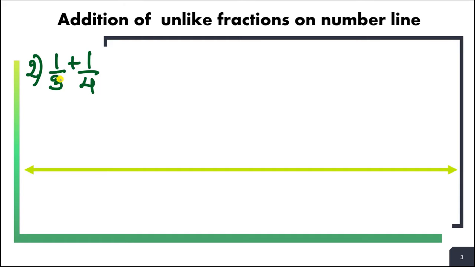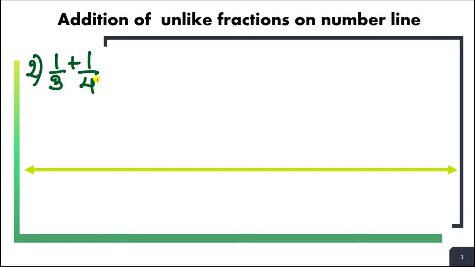Okay, here we can see two fractions are given, that is 1 by 3 plus 1 by 4. In these fractions we need to follow a method. First we see that the denominators are different. So you will surely think that it is hard. What will we do? We have learned how to add unlike fractions, right? We will take out the LCM and then do all the following steps. So here also we are going to do the same.